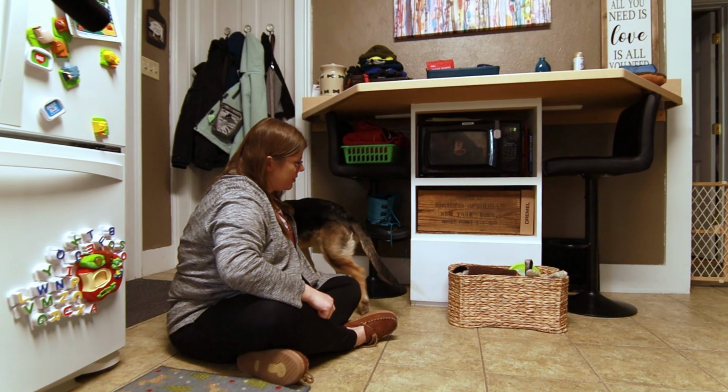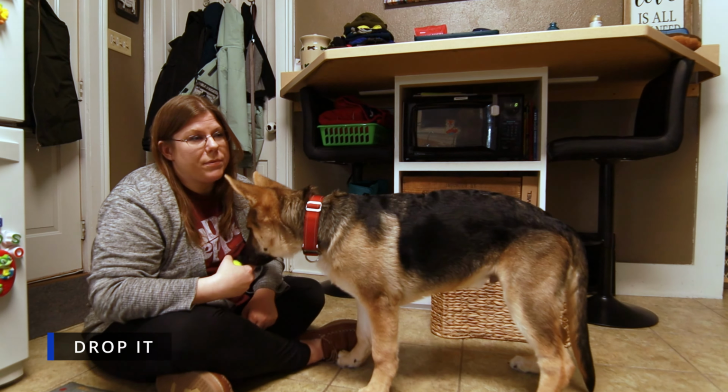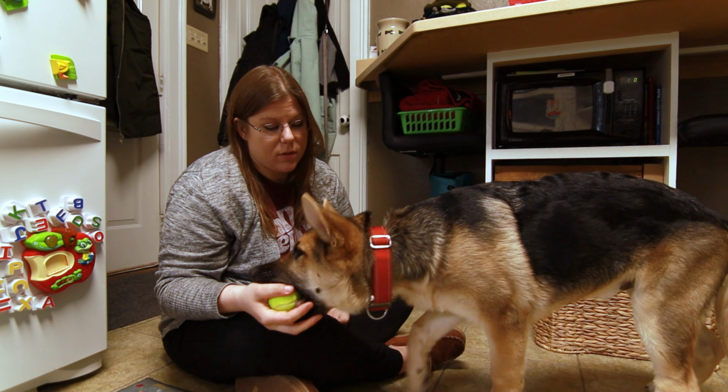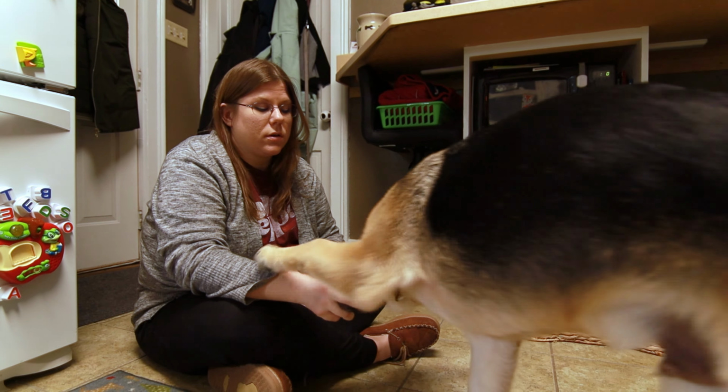Good boy. What about drop it? How are we doing on that? Drop it is not doing very great. If you've noticed, I've been trading him a treat for the ball most of the time. Drop it. Ouch. If I'm not trading him for a treat, I kind of just sit here and be boring until he drops it. And then...